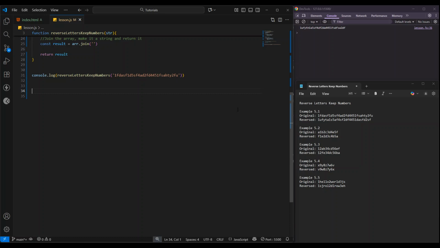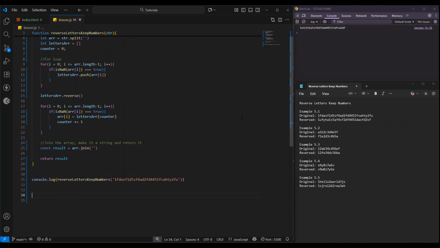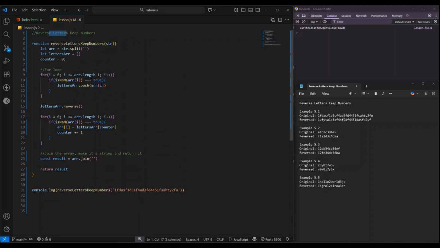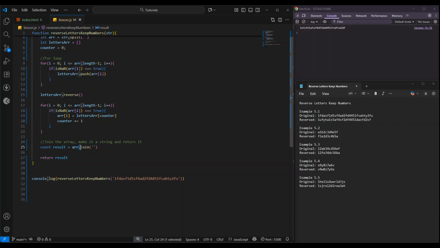In the last video, we looked at the reverse letters keep numbers challenge in JS. If you want to check out the video, the link will be in the description below. The challenge was to reverse the letters in a string while keeping the indexes of the non-letters, in this case